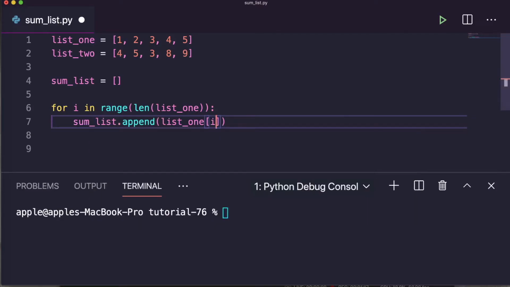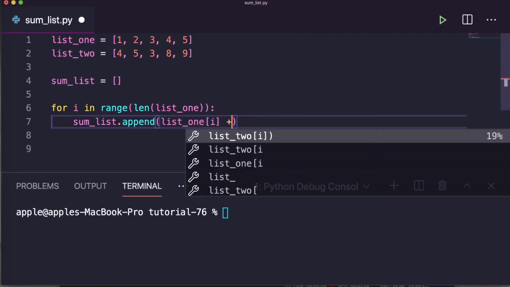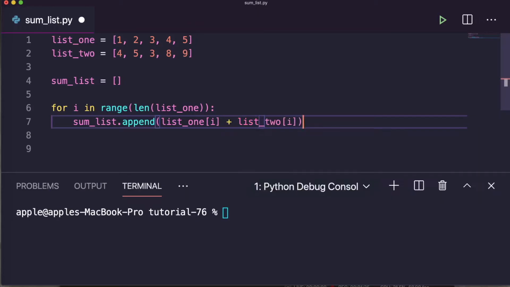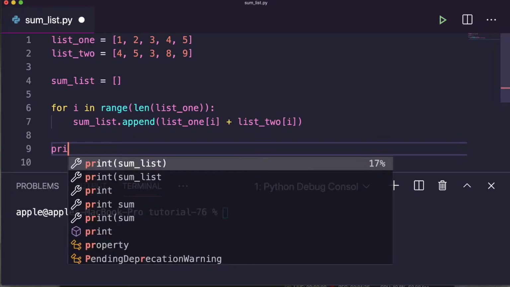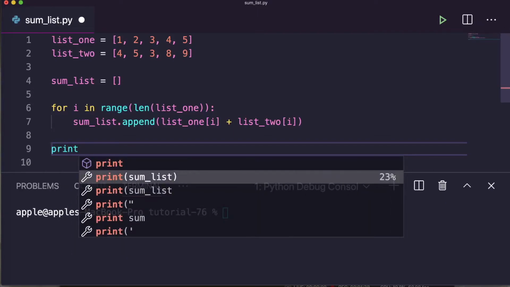So list 1 of i plus list 2 of i. This is how you can add these two lists. So let's print the result here. Print sum list.